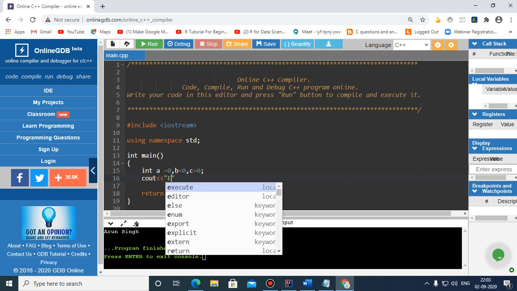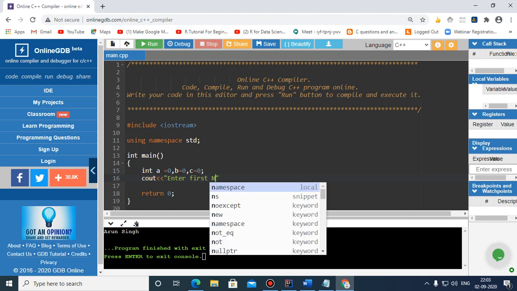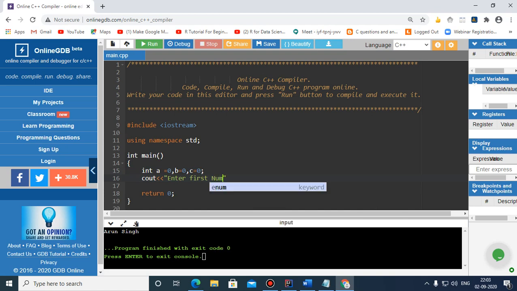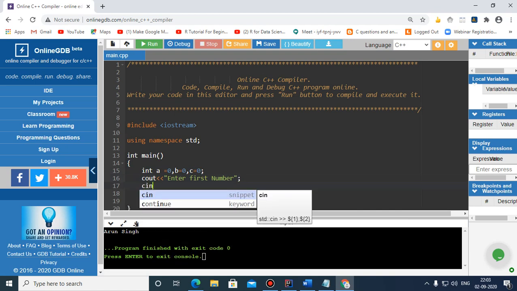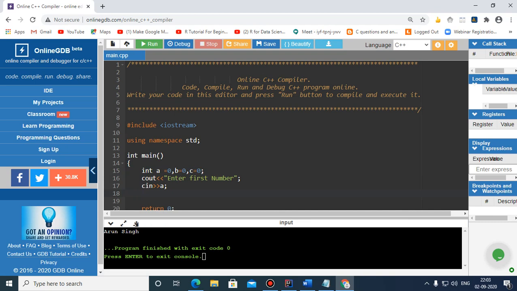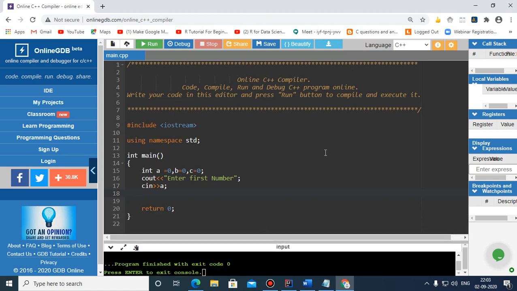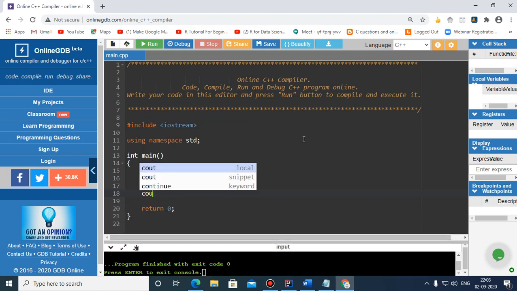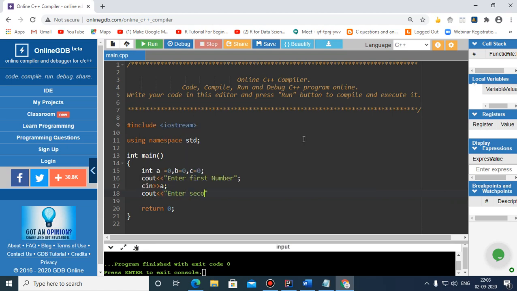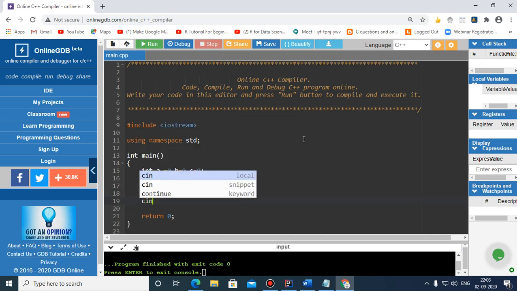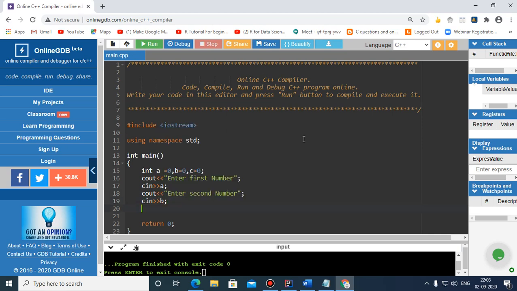And now here this is the message, enter first number, and after that this is how I have entered the first number. And now I need to enter the second number. So for the second number I have written another statement, which is enter second number, and here the second number I have entered.